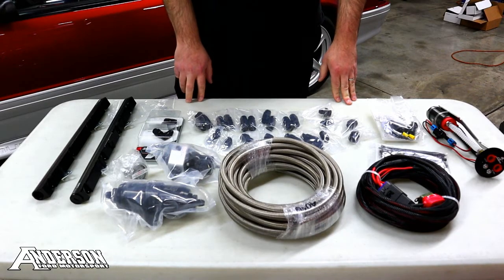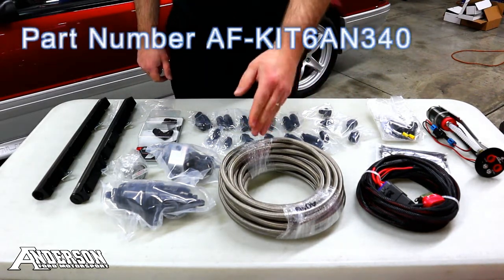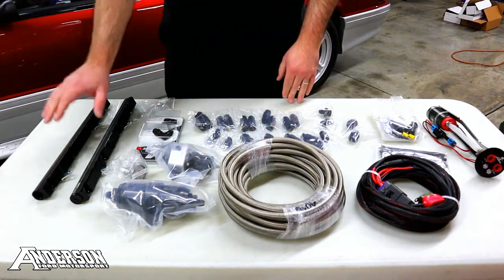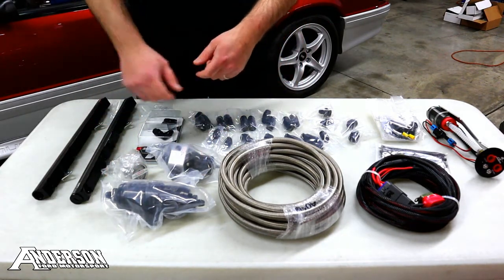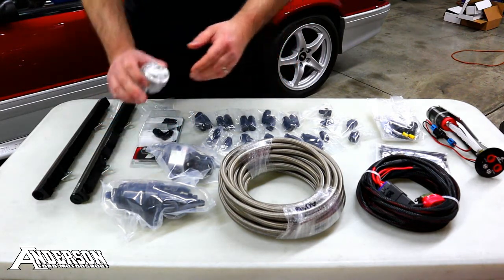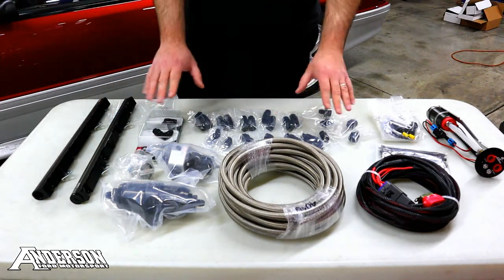Okay, inside the box you'll receive everything you see on the table here. You'll receive a 40-foot roll of stainless steel braided PTFE fuel line. You'll also receive some black fuel rails, a new inline fuel filter with fittings already pre-installed, also a new fuel pressure regulator with fittings installed, a fuel pressure gauge that works with this fuel pressure regulator, an assortment of different